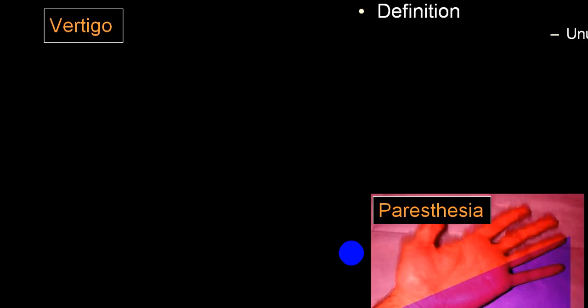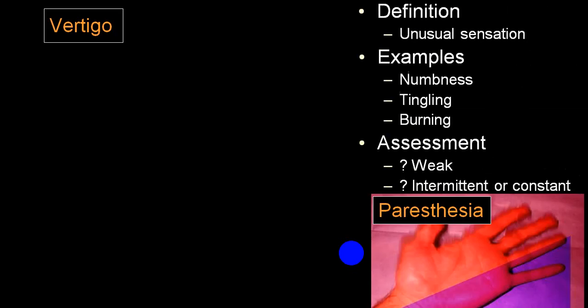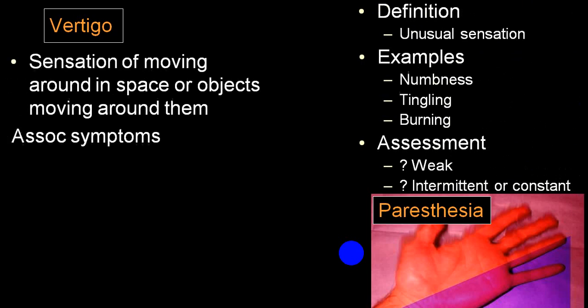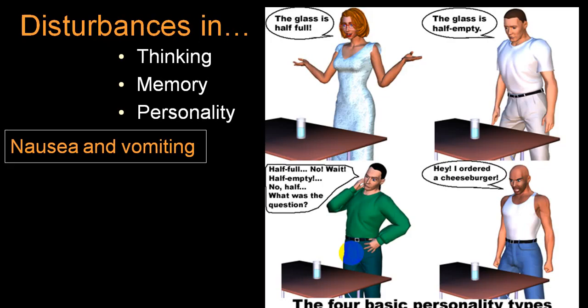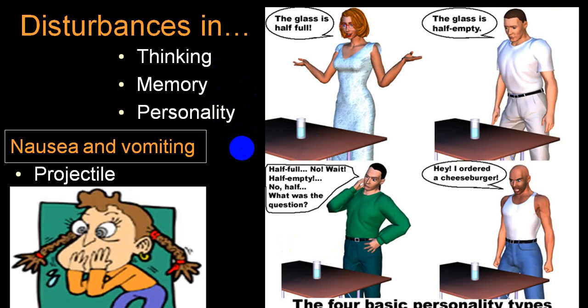Say a person comes to you with vertigo, you will try to take a good history and find out whether it is vertigo, whether it is dizziness, whether it is syncope, what it is. So it becomes very, very useful. Then any person who has got disturbances in thinking, memory and personality, that will help you to identify what type of disorder he is having. Person with nausea, vomiting will also be helpful because in CNS disease the person will usually have projectile vomiting.